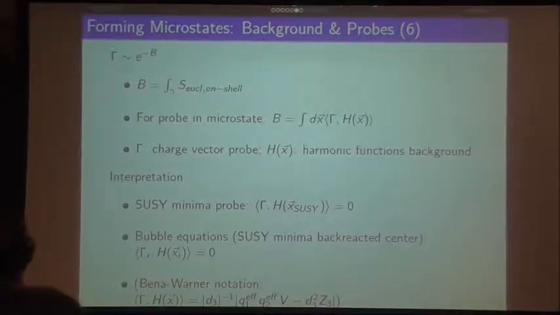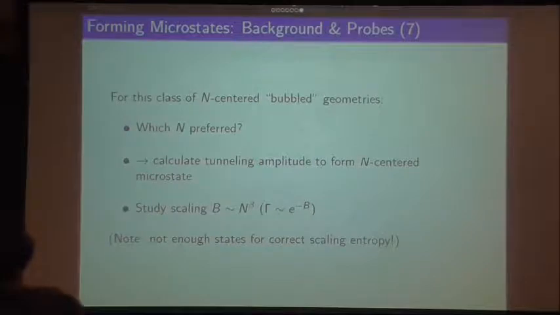Good, okay, so I think I'll skip this actually. But I'll pause a minute for questions. Is the background and the probe a little bit clear? So I realize that there are some details that might not be completely familiar if you haven't seen these systems. But sort of the big picture is we have these backgrounds. They have a different number of centers, which means also a different number of bubbles, topological bubbles. And we're going to try to make new centers by pulling branes over one of these bubbles and creating supertubes. Okay, please ask me questions if this is not clear.